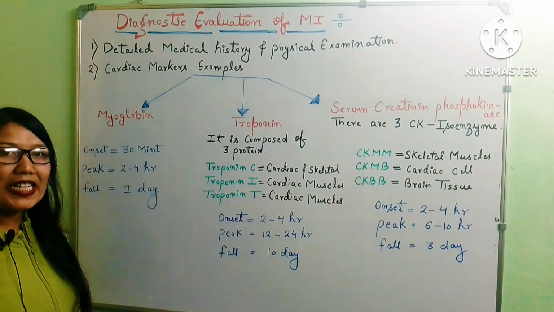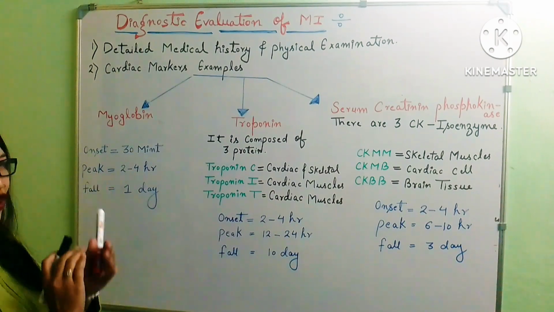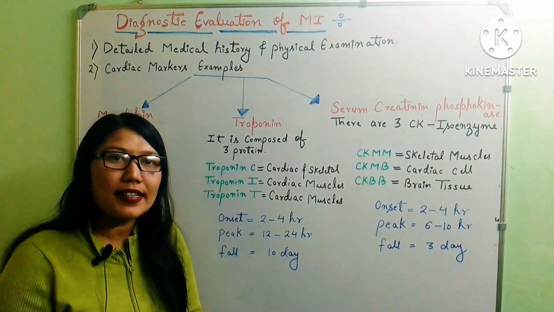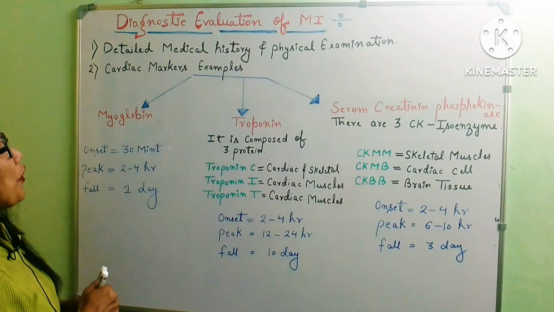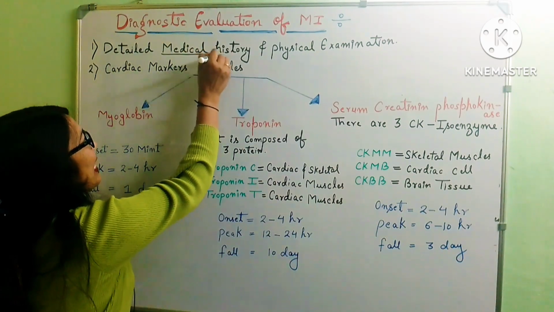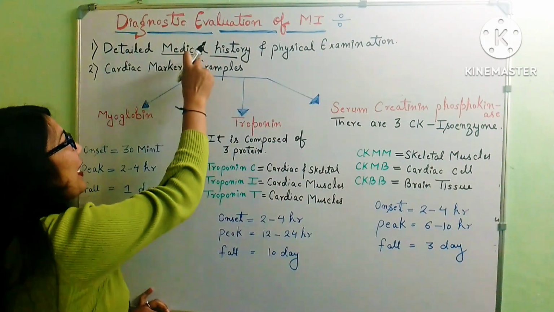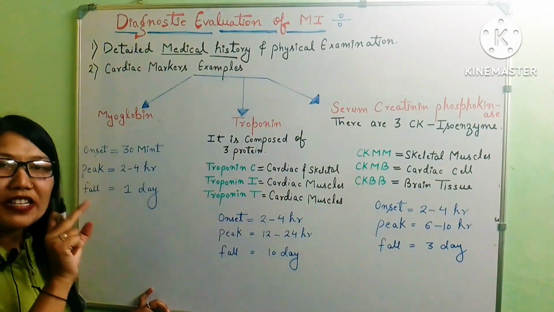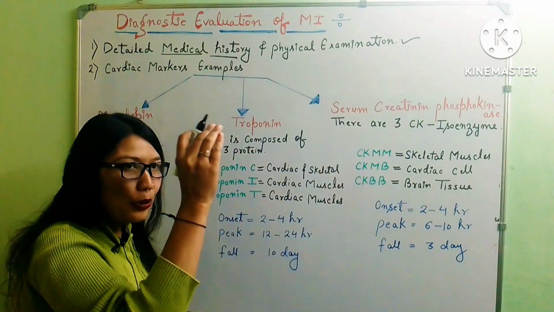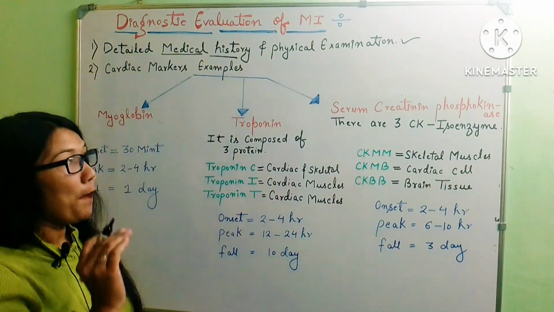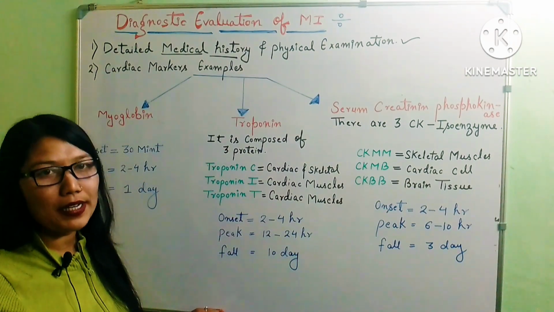Next, we are going to see the diagnosis of myocardial infarction. So what investigations do we do at the time of heart attack? First, we ask the patient about the medical history. We will ask whether anyone in his family has suffered from a heart attack, or whether he has gone through any previous heart surgery. Then we will do a physical examination, meaning a head-to-toe examination of the patient. We will check his vital signs like heart rate, BP and pulse rate.